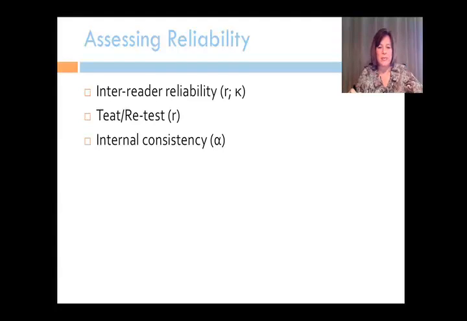Let's talk about these. The first is this concept of inter-reader reliability, or you could call it inter-observer agreement. So anytime you have more than one person scoring something, essentially what gets used statistically to look at the relationship between the scores of the two readers are these coefficients. The Pearson R correlation coefficient,